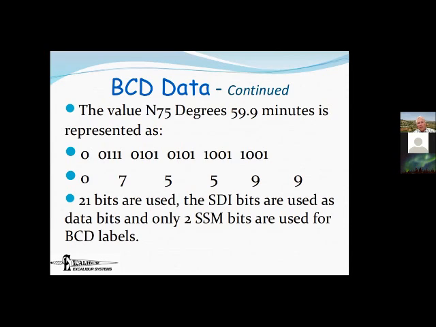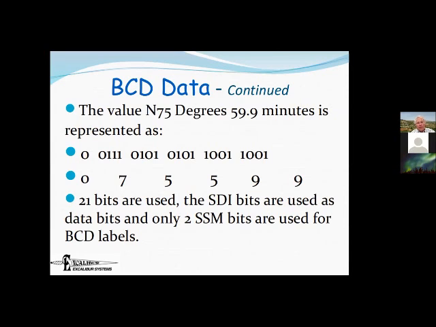Okay, so now let's look at an example of BCD data. We just said that label 10 is degrees, and it's accurate to the 10th. The precision is a 10th of a degree. So if you want to show north 75 degrees and 59.9 minutes,